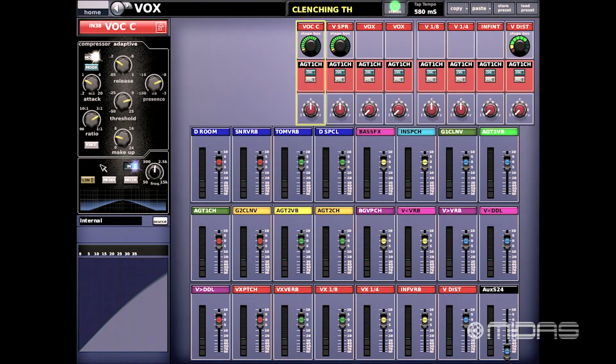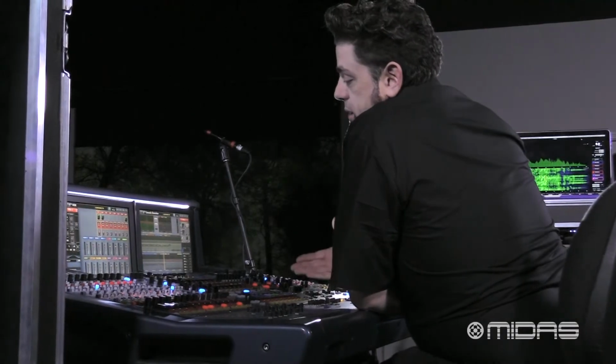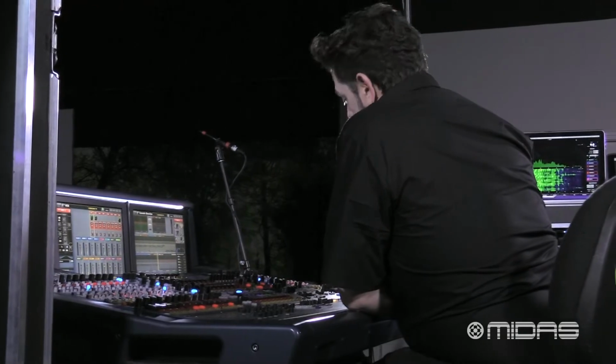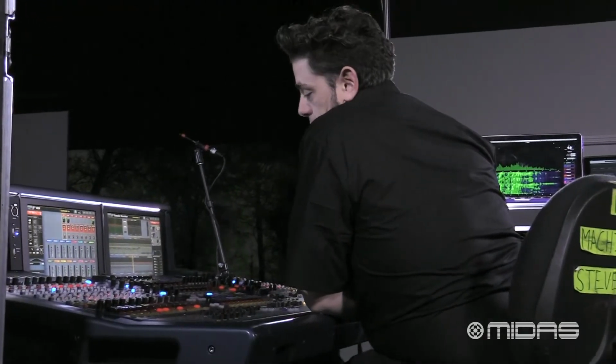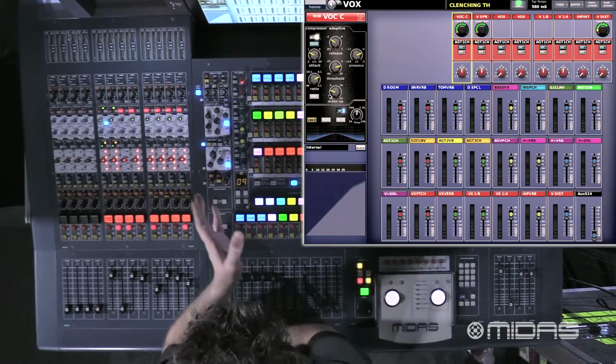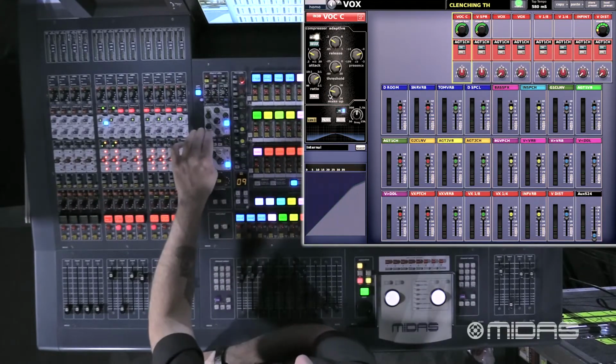And then lastly, we have the listen button. This allows us to listen to exactly what's going on in the filter, so that way we can hone in and dial in the filter exactly where we need it to be to work with the compressor. And let's just step back up to the compressor main controls. We have a knee button on the console, and this allows us to toggle through 3 different styles of knees